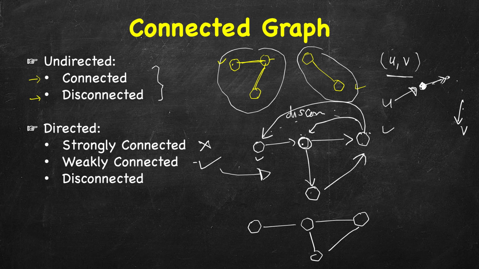For example, if you want to go from this node A to B, then you will go to this node C, and then from here you will take this edge to reach B. Similarly, you can go from any node to any node. So this will be strongly connected, but if this edge is not there, this will be weakly connected. But there may be scenarios where even after removing the direction, they are not connected. For example, this case,